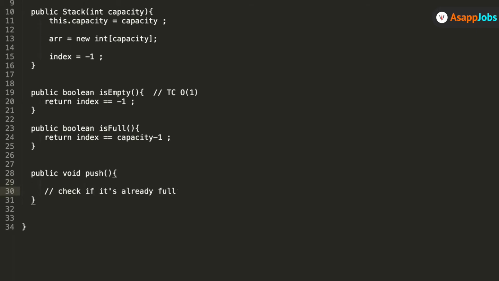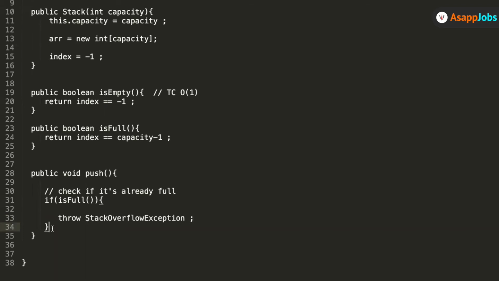Since we are seasoned developers, this is the expected thing: whenever you are writing any method, you should definitely check for a boundary condition first. So before inserting any data into a stack, we should first check whether it's already full or not, right? So I check isFull, and in that case, I should maybe throw some exception.